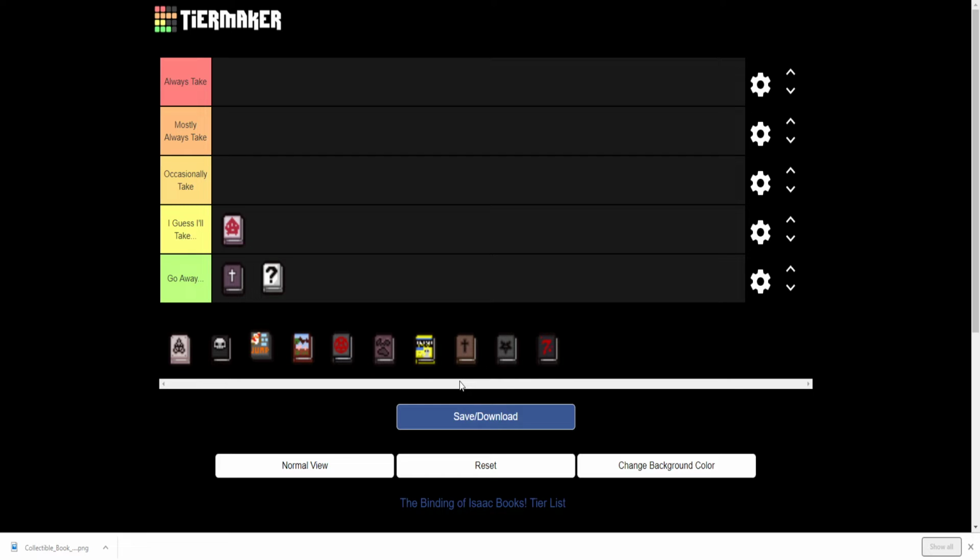Alright, well, moving on. Book of Shadows. Oh, this is rough, man. This is rough because it's really tempting to put two of these in the always take tier. But I have recently shown examples of where I skip them, and that almost defeats my arguments. But it has to go there, unless you have an amazing item. I'm talking pinking shears. I'm talking smelter. Unless you have an item that is extremely valuable to your current run,